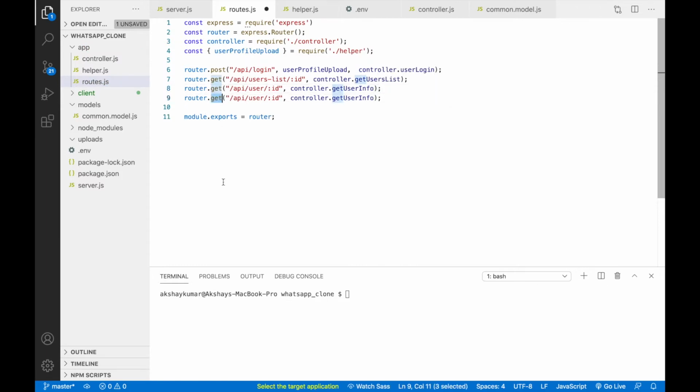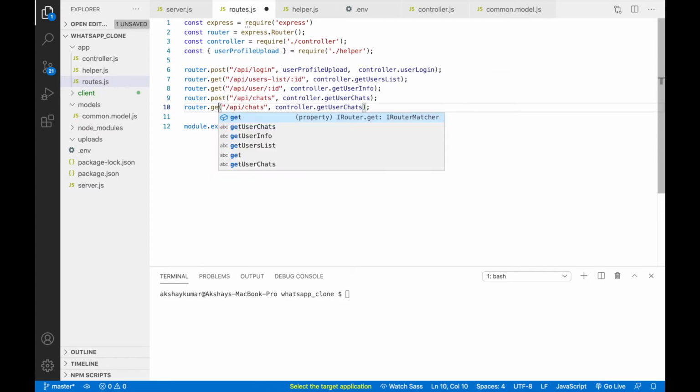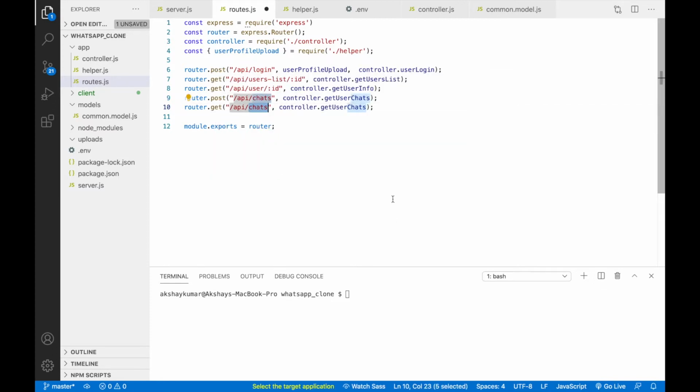Next API will be post. So here /api/chats and controller.getUserChats. Okay, so next is a get API. This gives the information whether the user is online or offline, right? So /api/user/is-offline/:id, and here the method name will be checkIfUserOffline.